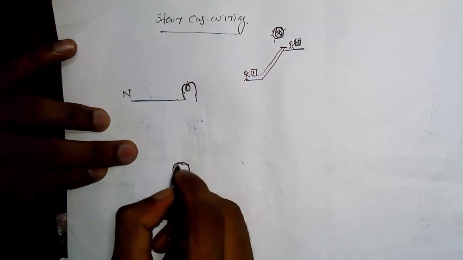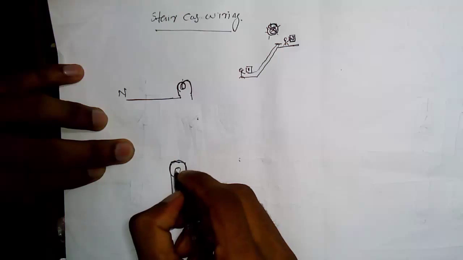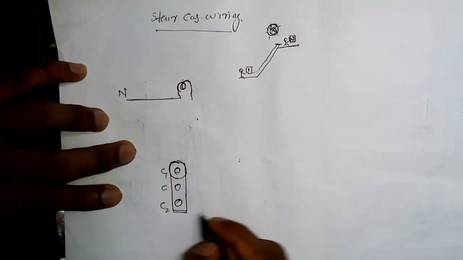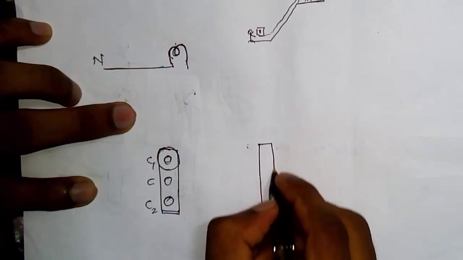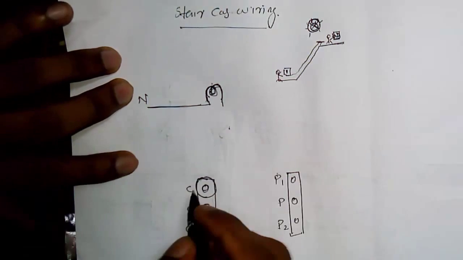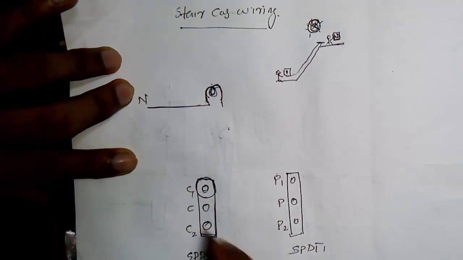Consider it like this: a common point is here, another one is here, that is C1, C2, and the second switch we consider like this. Okay, now this is a single bulb and two SPDT switches, and these two common